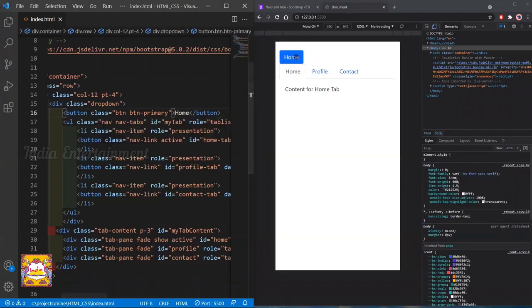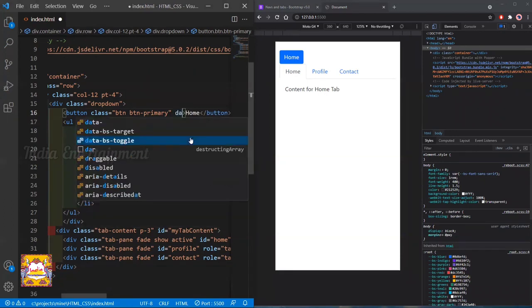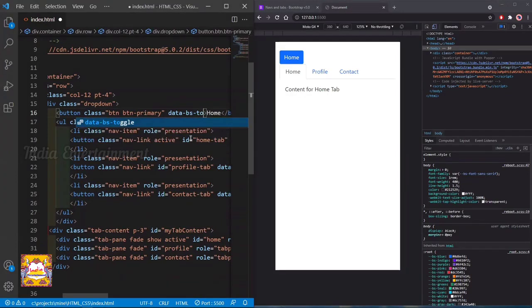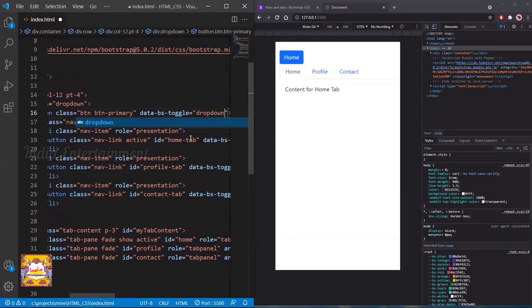We need to change this one into a drop down. So I am adding the data-bs-toggle as dropdown, and I'm adding one class also here.